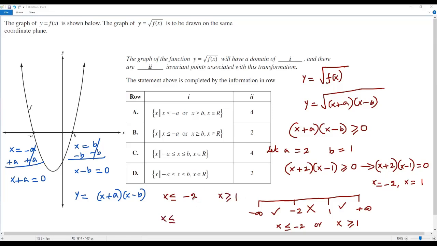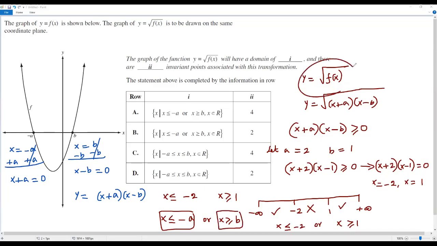Okay, now we can replace this 2 by the original stuff. So actually we have a. So this 2 can be replaced by a. So we get x less than or equal to negative a or x greater than or equal to, for this one we can plug in b, so x greater than or equal to b. So when x is less than or equal to negative a or x is greater than or equal to positive b,